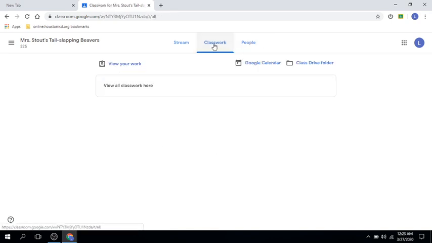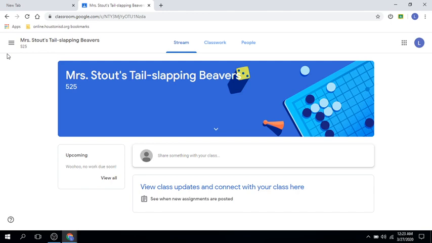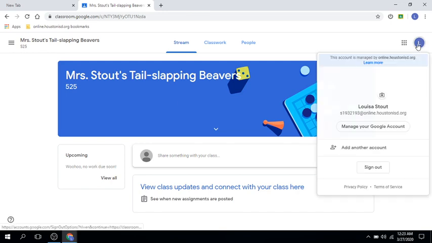These are the teachers. So you have some things here. You have a calendar, you have a drive, and here's the cool thing about the drive. When you need to save something, you don't need a USB drive. You can just save it on the Google server. Isn't that neat? Okay, so I am going to sign out, always sign out,